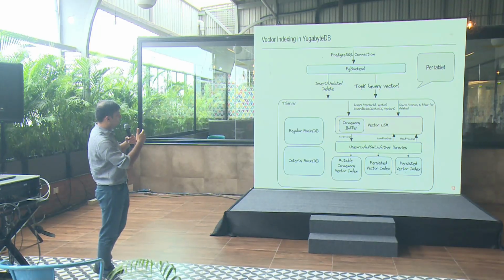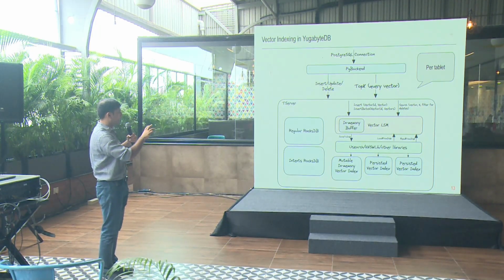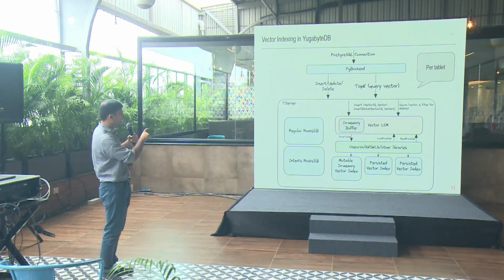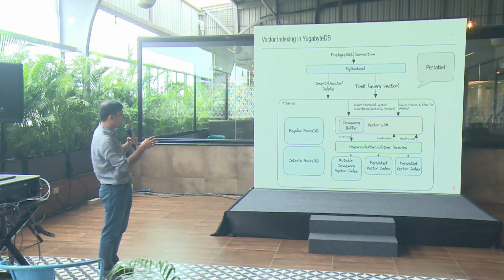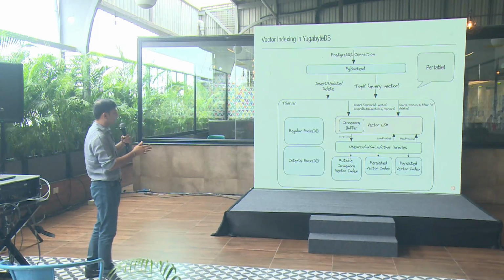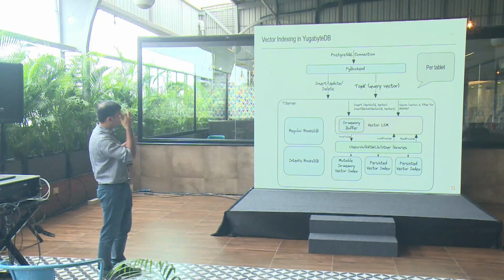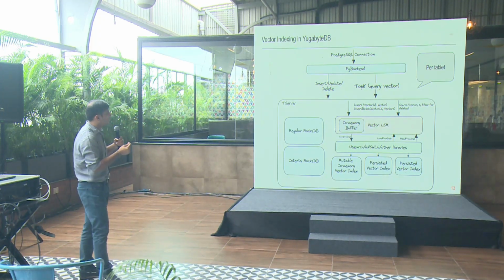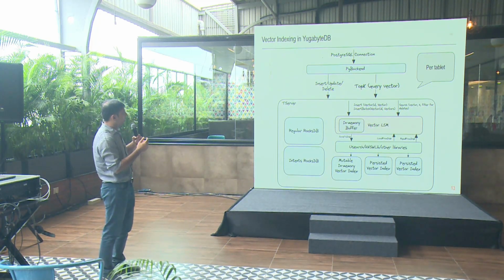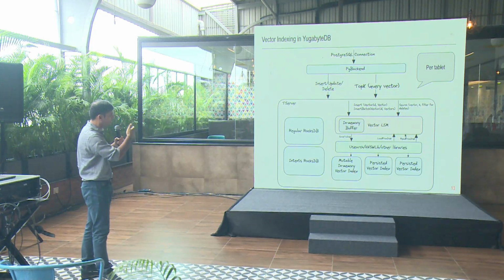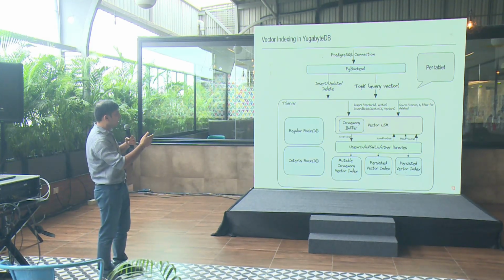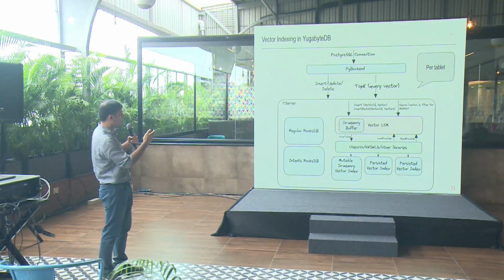Once the mutable in-memory vector index reaches a certain limit, it is persisted as an SST on the disk. On the right side, that's a read request, a top-k query with a query vector. Again, it goes to the vector LSM. It first looks at the in-memory buffer to see if that key is there. If not, it should check the